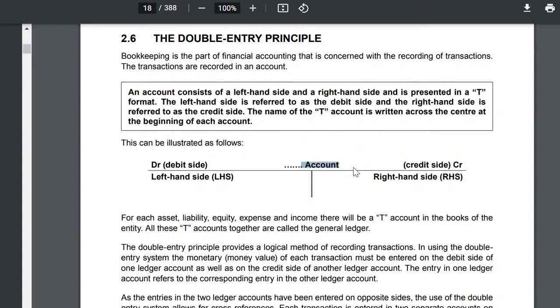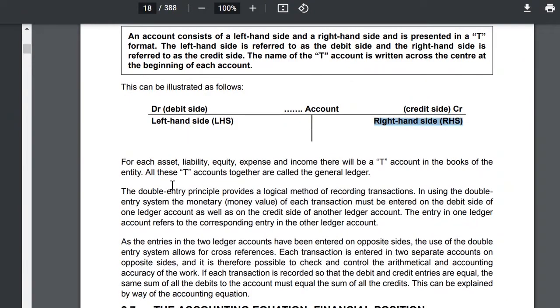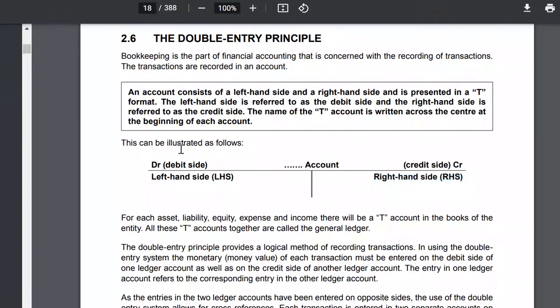So there's an account, and there is a debit side and there is a credit side of the account. The debit side is the left-hand side and the credit side is the right-hand side. So for each asset, liability, equity, expense, and income, there will be a T account in the books of the entity. All these T accounts together are called the general ledger. So with this, when you look at this double entry principle,